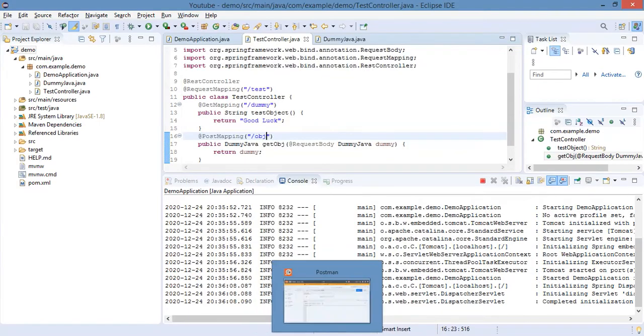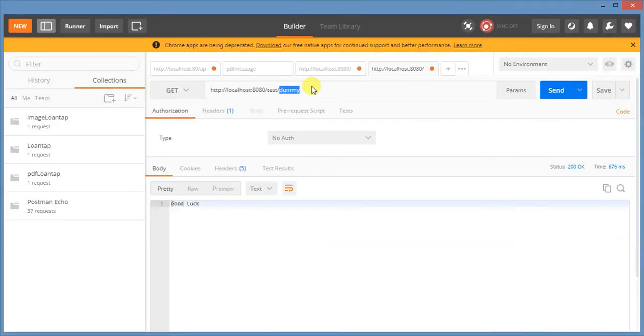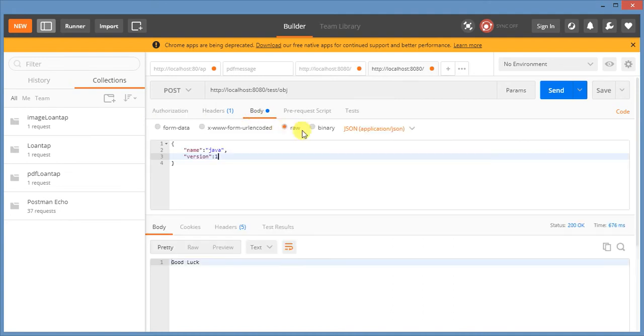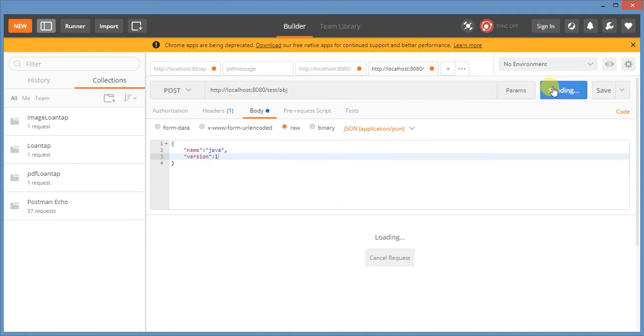Select the POST method, enter the name and version, and now send it.